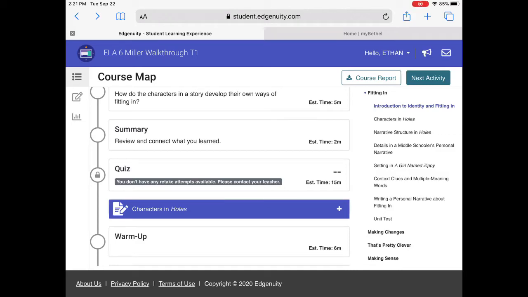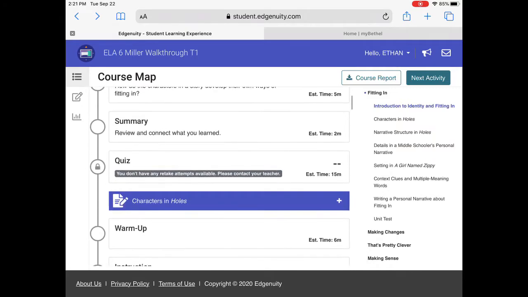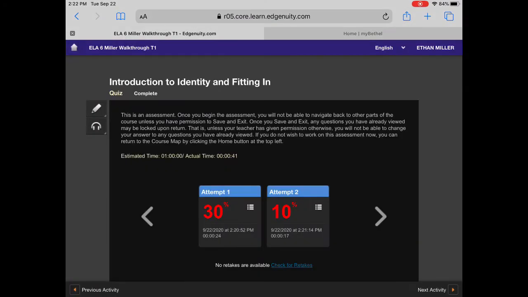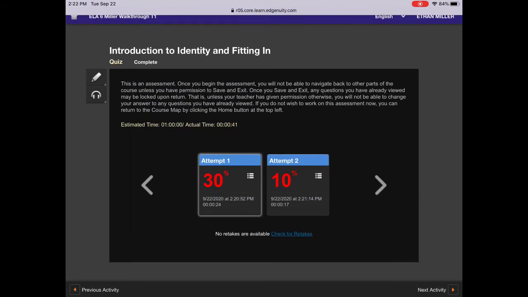Has this ever happened to you? You're working through your Edgenuity lesson, and you've taken your quiz twice, and you're out of retakes. Maybe you didn't do so well. Well, here's what you got to do. After you realize you don't have any more retakes left, okay,